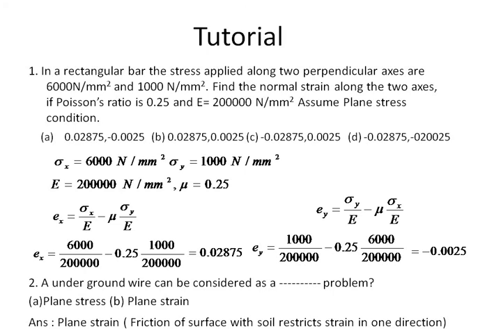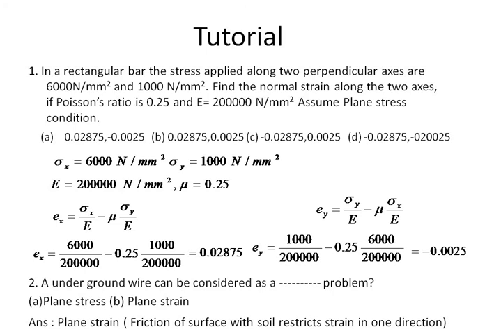In the basic assumption of a plane stress and plane strain condition, we have said that if we assume the stress component in one direction, normally the Z direction, is 0, we call it a plane stress condition. The type of problems occurring in plane stress condition is, say we may be having a rectangular plate which is fixed at one end and the loading is at another end. That kind of problems we will be considering as a plane stress problem.